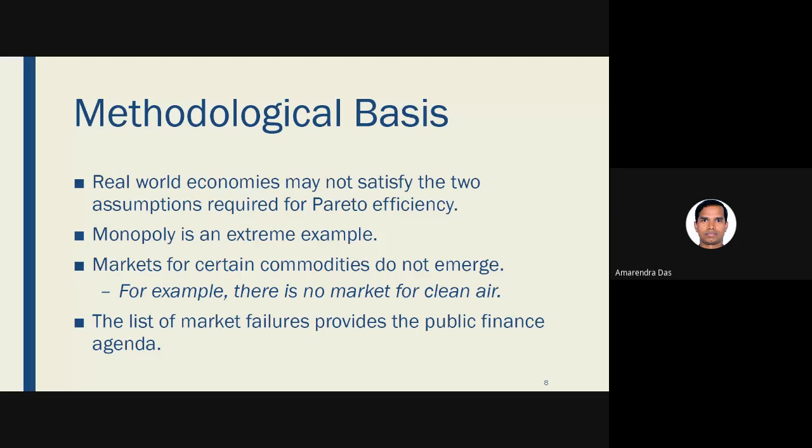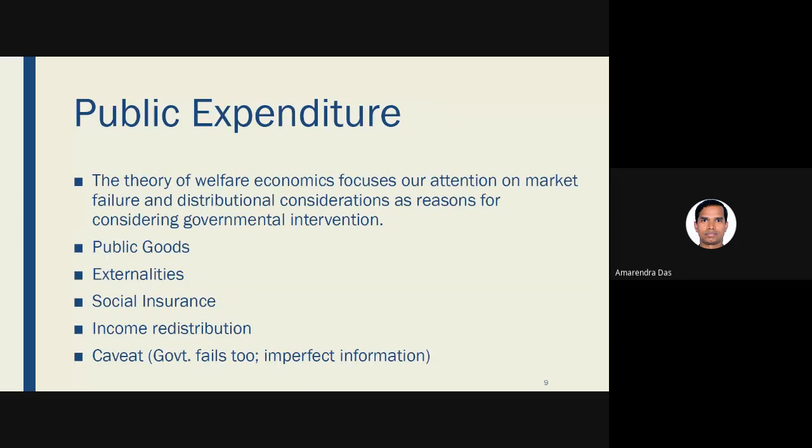So that means it is failing to provide the socially desirable level of output. Then it should be provided at a socially desirable price, but the market charges at a very high rate. That is basically called market failure. And in some other cases also, the market fails because the market does not exist, the price does not exist, and if the price does not exist, then no one can come forward to provide that commodity.